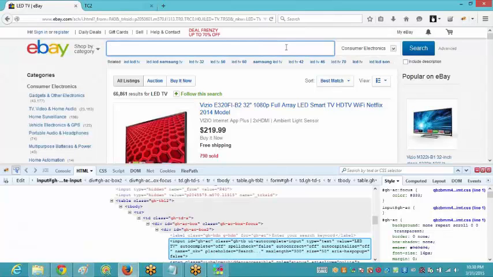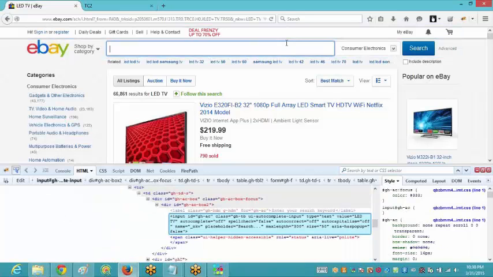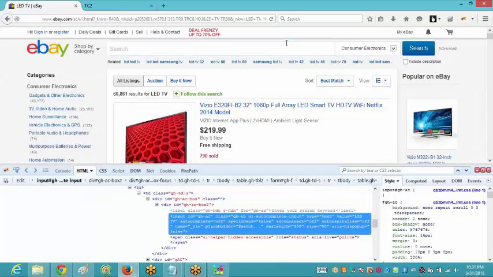And what are the attributes present over here? These are the ID, class, then there is type, value, and after that there is spellcheck also, I guess. So these are certain attributes which are present.